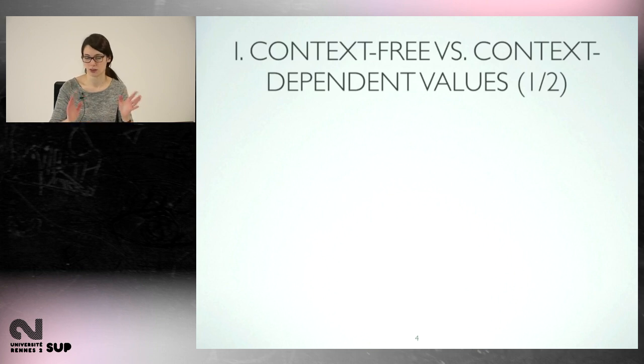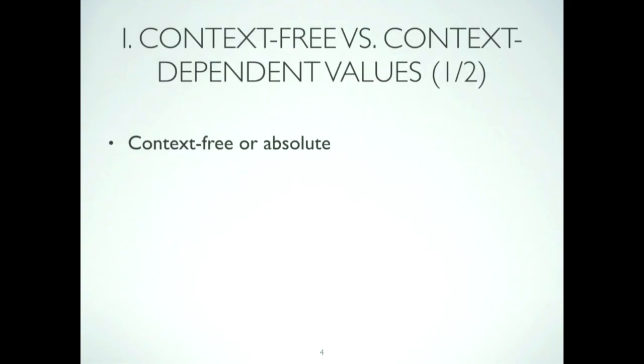If that's not very clear for you, I send you back to the end of the previous chapter. So within the set of English graphemes, we can make a difference between context-free graphemes and context-dependent graphemes. Context-free, which are also called absolute units,